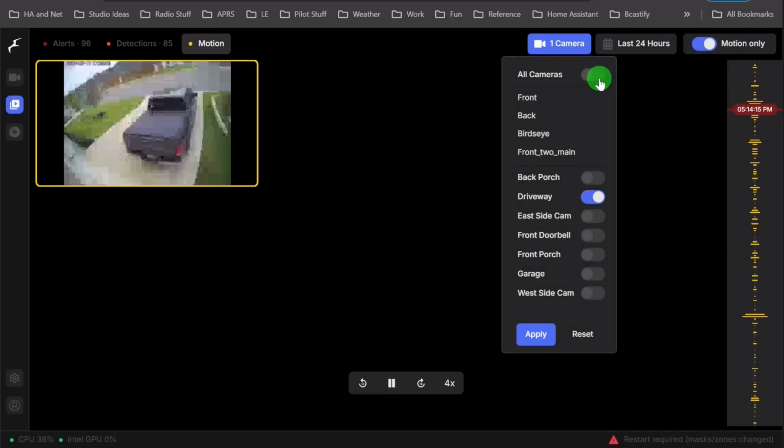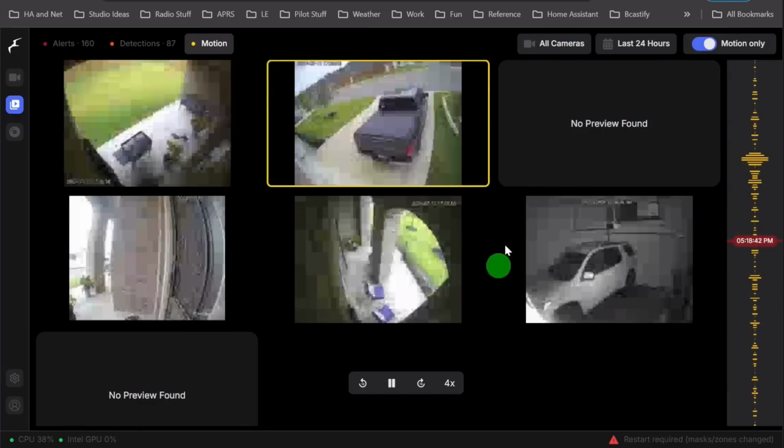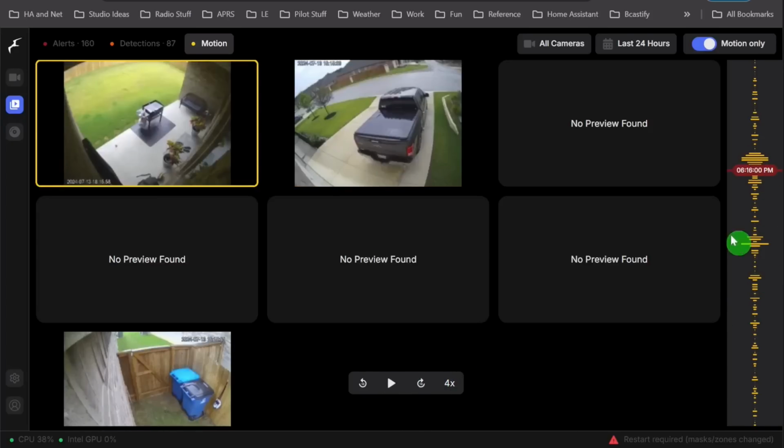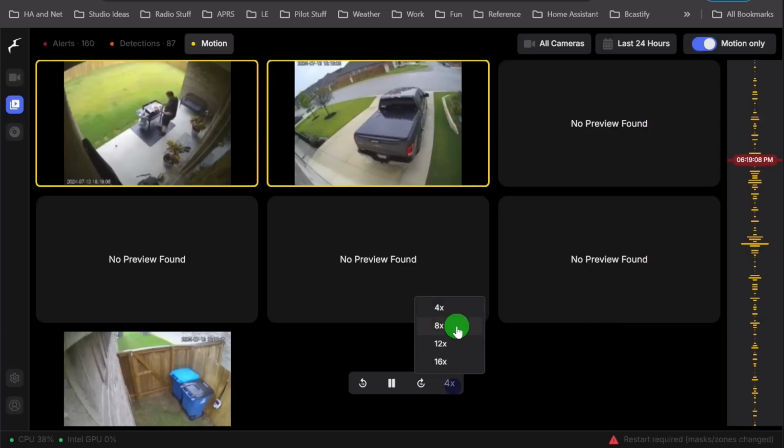Now, if you have multiple cameras on here, it'll show each camera as it goes. Now, it's a little fuzzy here, so it doesn't look like that's the way it should be working. So let me just pick another spot, and we'll start there. Some of this fuzziness, again, is probably related to just my computer and how busy it is. I'm recording while I'm showing stuff, and it may have a little bit of CPU contention here. But it's showing stuff. I'm cooking on the grill there. I've got some motion out here. And then if I go 8x,